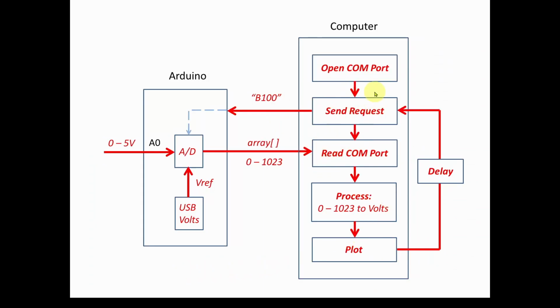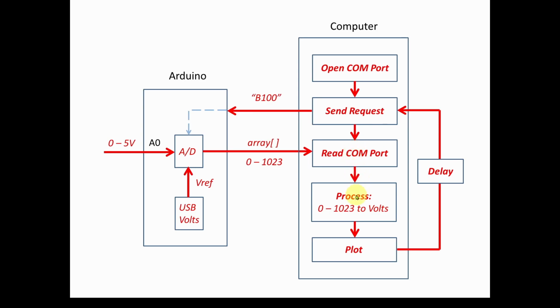So as we showed in the previous design videos, this is a basic block diagram of how this is all going to work. And in our previous video, we did the Arduino code. And in this video, we're going to look at the computer side of things and figure out how to do this in C#. As we mentioned before, we're basically sending a request that looks like B100, which says, give me a burst of 100 milliseconds worth of data. We send that over the USB to the Arduino. It grabs the data, puts it in an array of values from 0 to 1023, and sends it back to